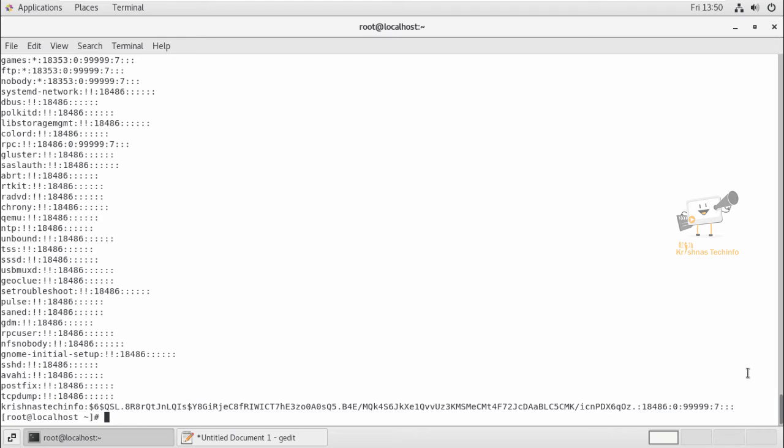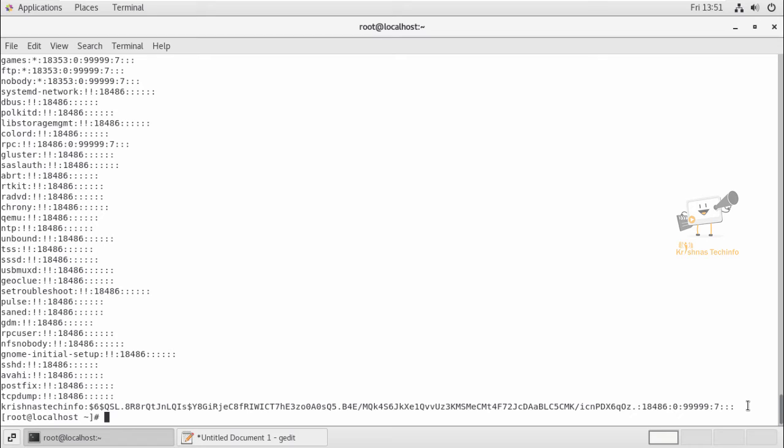So the next option, the seventh field in the shadow file, is the number of days after the password expires that the account is disabled. And the last is the expire date, the days since the account is disabled, that you can specify at the last field. If you are going to set an expiry date, it will be mentioned at the last, specifying the absolute date after which the user login may no longer be used. The last 6 fields provide the password aging and the account lockout features.